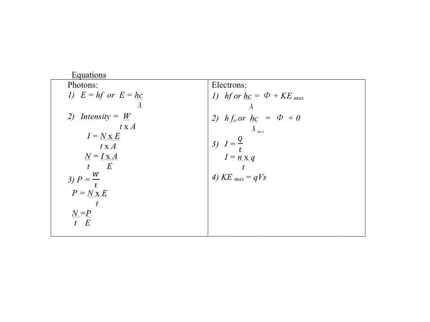Third one, if they don't give you intensity, they give you power, so it's easier. So power is just energy per unit time. Always change the energy to number of photons times the energy of each photon. So number of photons per unit time is P over E also. So you realize all this is about photons. For electrons,